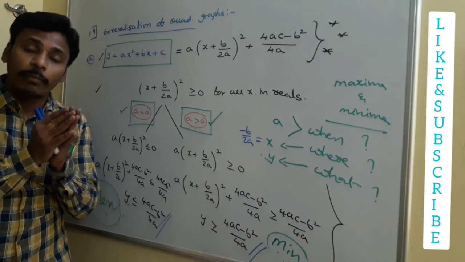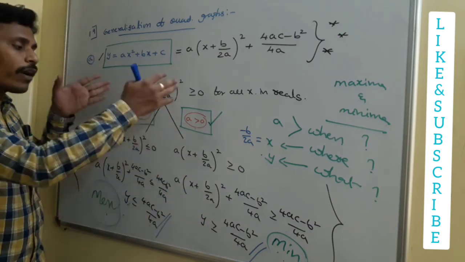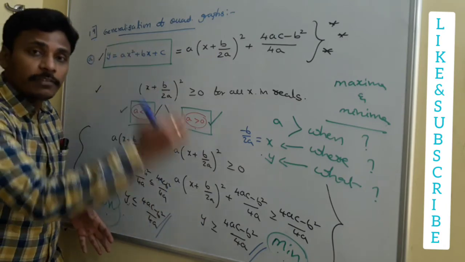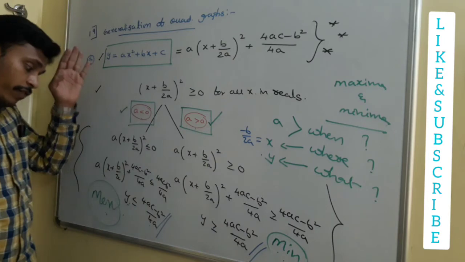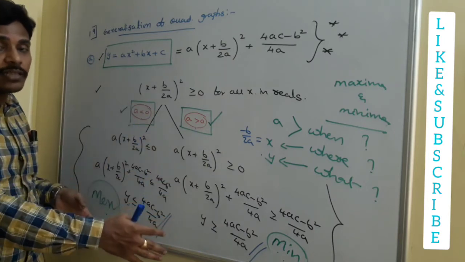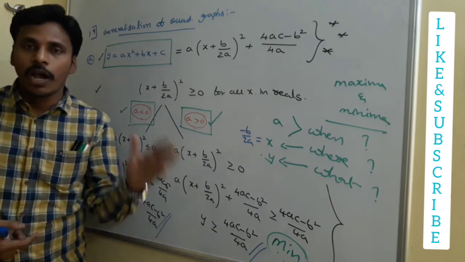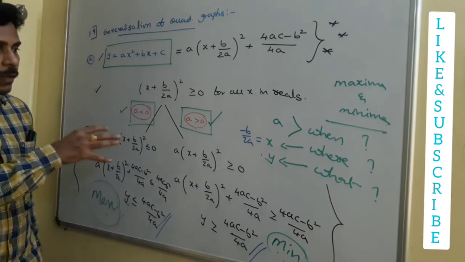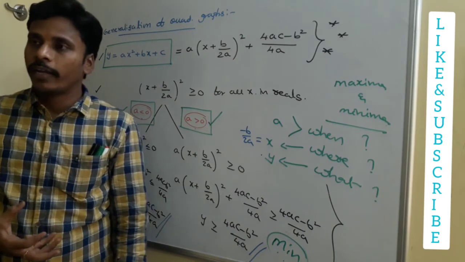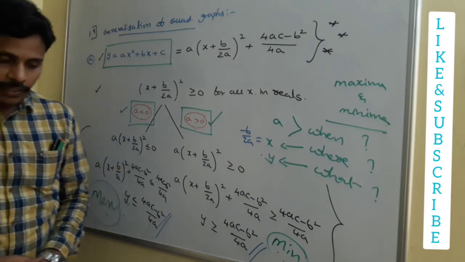And repeatedly I am telling you, at a time these two cases are not possible. Only one among these two is possible, and you need to answer according to that. If it has minima, there is no maxima. If it has maxima, there is no minima. But the theory is the same both ways. You need to answer according to the question, and it has only either maxima or minima. This is the way to decide the maximum or minimum value of the expression, and this is a generalization to sketch the graph. Have a note here and then go with a screenshot.